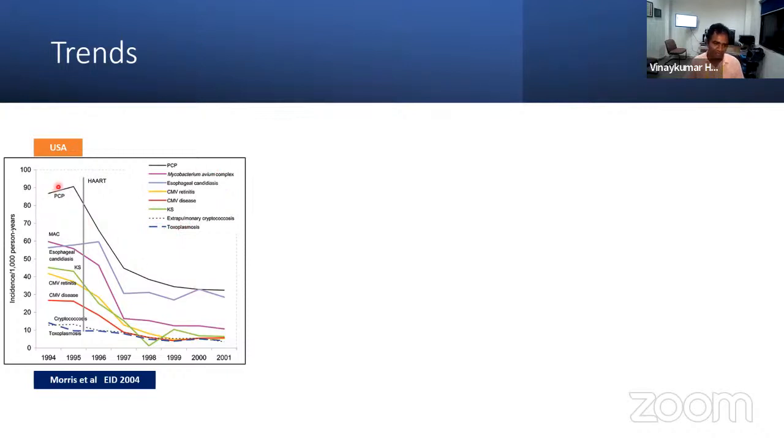The trends of pneumocystis pneumonia, which declined in the USA, have also declined in other parts of the world where HAART has been instituted for treatment of patients with